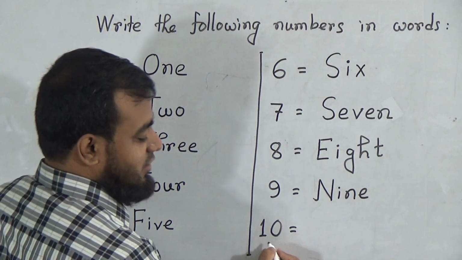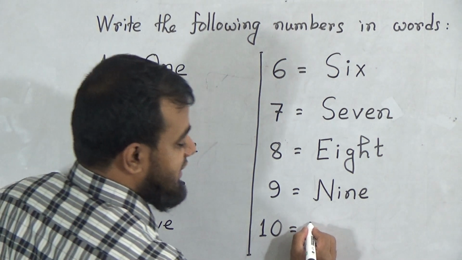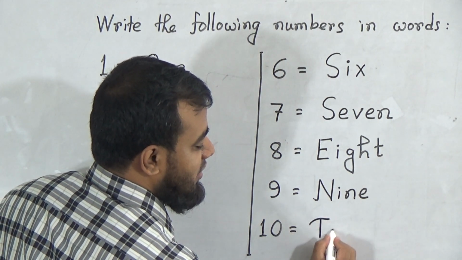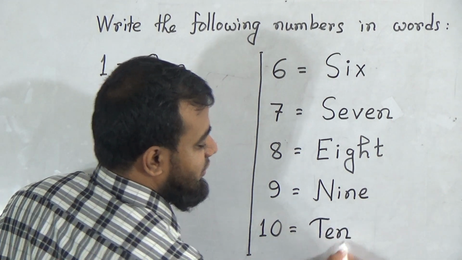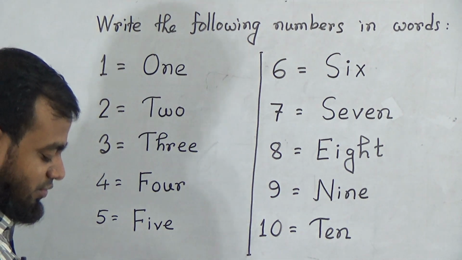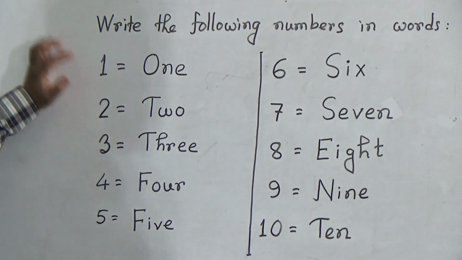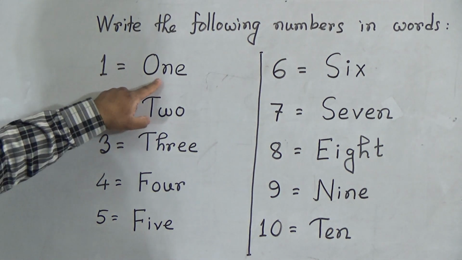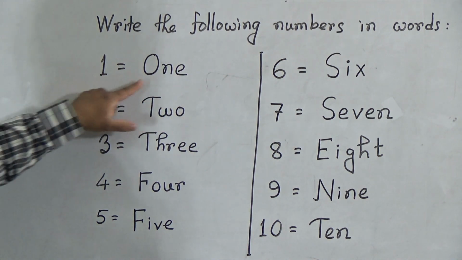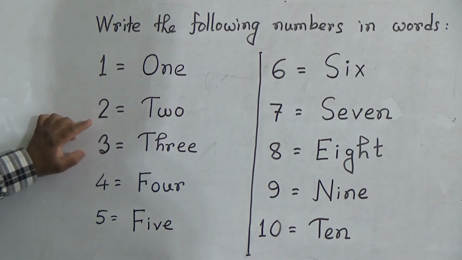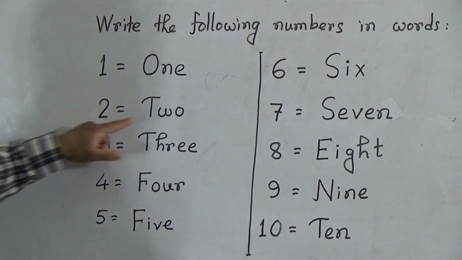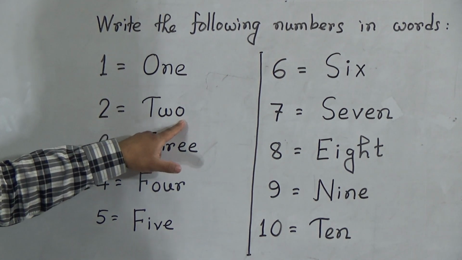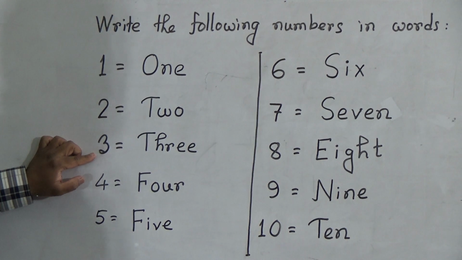This is number 10, and the spelling of 10 is T-E-N, 10. Okay, we have done already. Now my dear students, I am repeating: the spelling of 1 is O-N-E, 1. This is the number 2. The spelling of 2 is T-W-O, 2. This number is 3. The spelling of 3 is